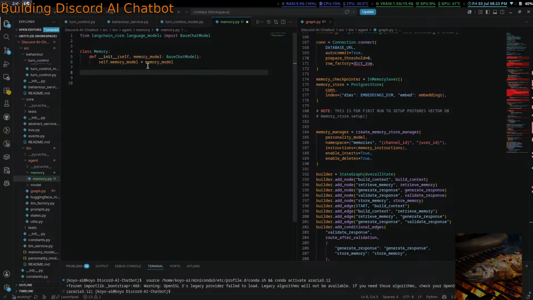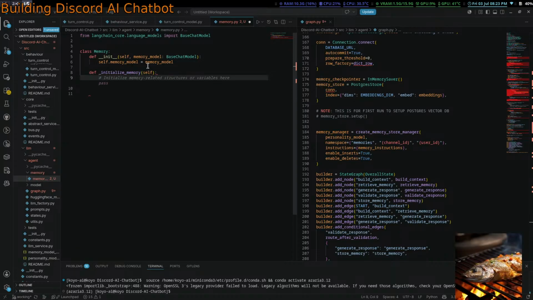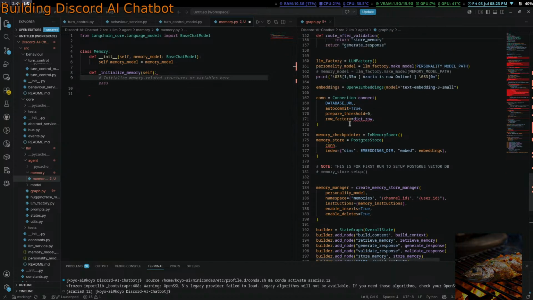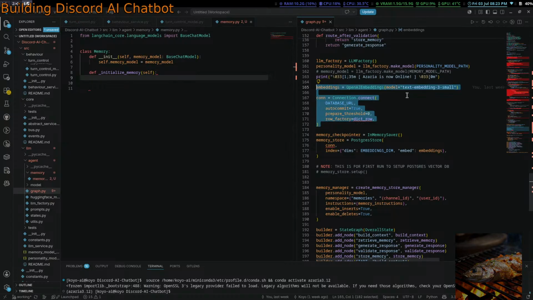So, def _initialize_memory(self), and then embeddings, OpenAIEmbeddings.